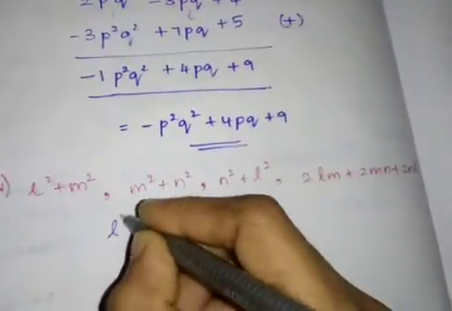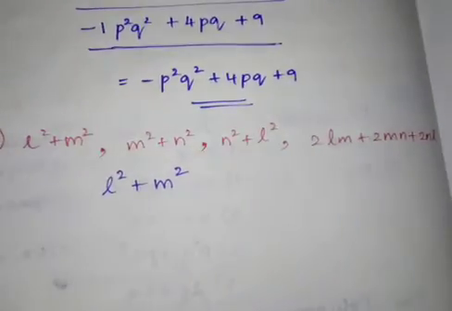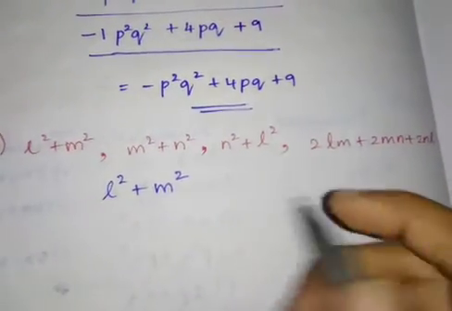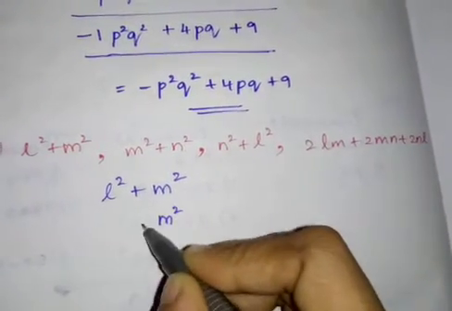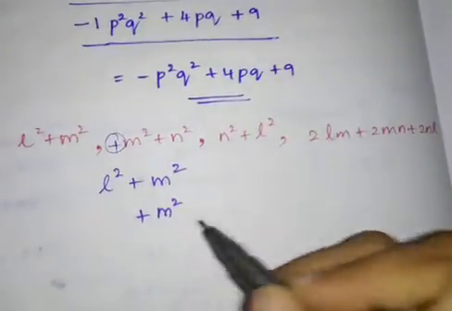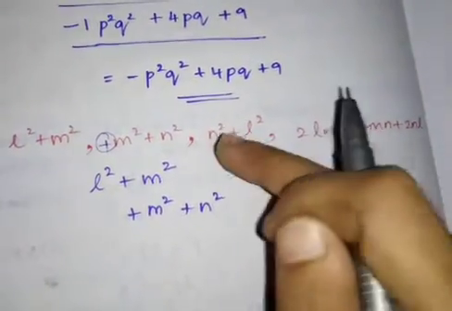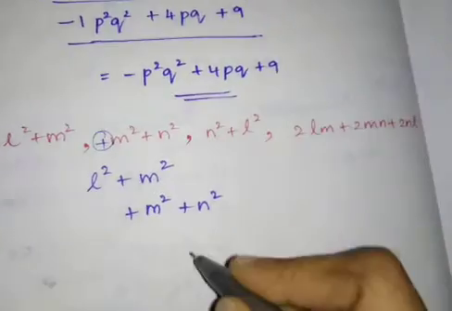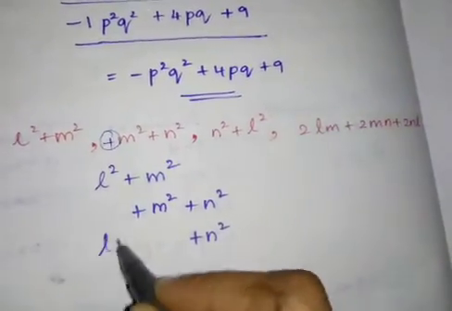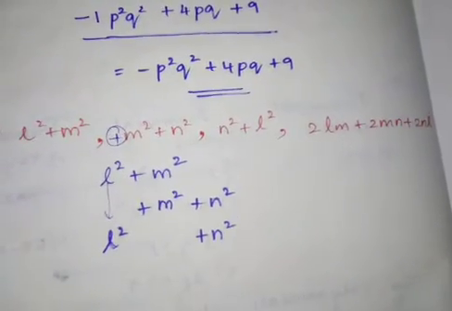Okay, now I am going to do it by this. First expression is l square plus m square. Next, m square plus n square. Where will you write m square? You will write here, correct? Upper plus m square, because if no symbol is there, plus is the meaning. Upper plus m square plus n square. Next, the third term, n square plus l square. Where will you write n square? Here. Plus n square. Where will you write l square? Here you will write, correct? Because l square is here, so I will write it here.